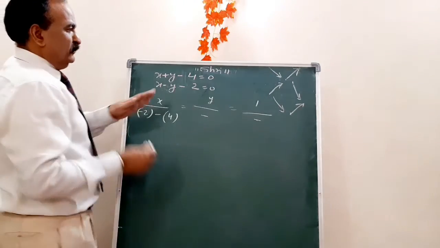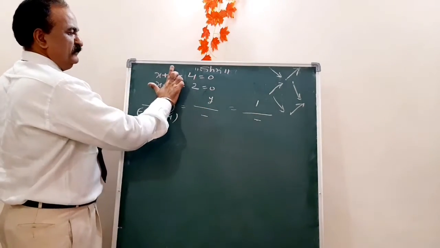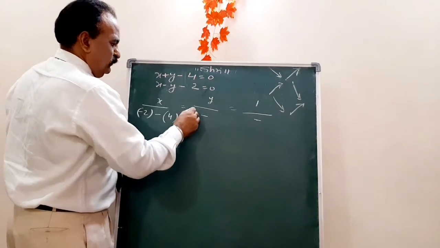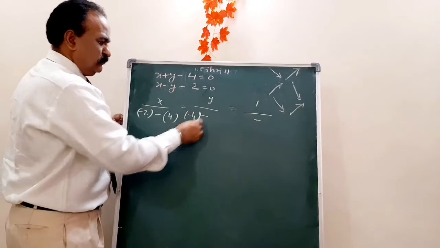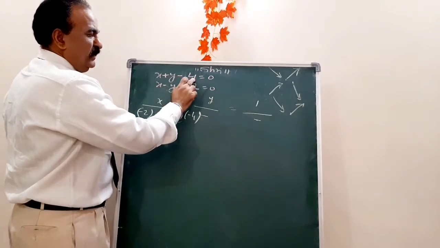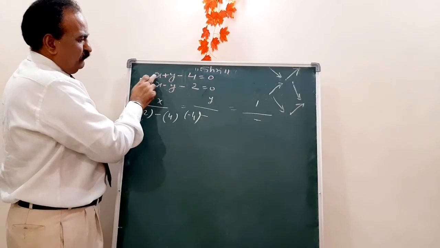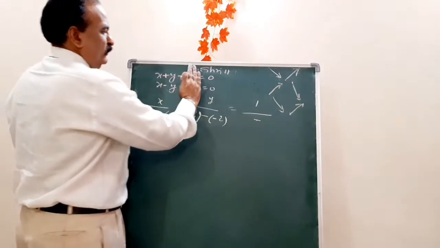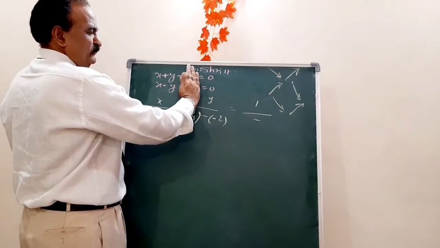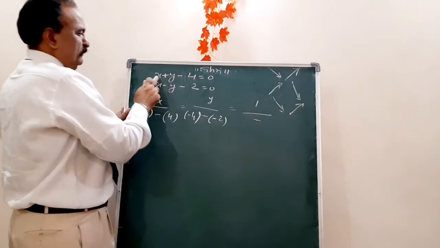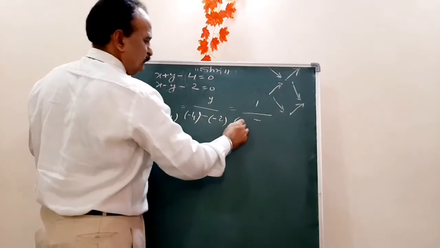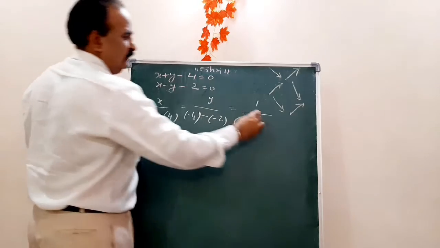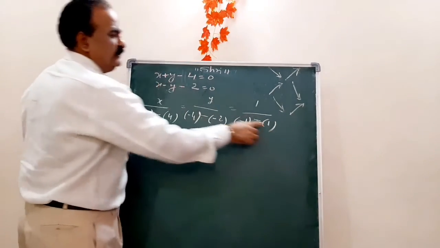Okay. Now close y. Now you have to multiply like this. It means 1 into minus 4, it becomes minus 4. Now this is 1 into minus 2. This is minus 2. Now the third term. This into this. It means 1 into minus 1, minus 1. And this into this. It means 1 into 1 means 1.